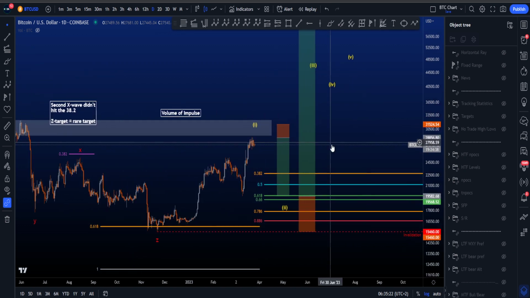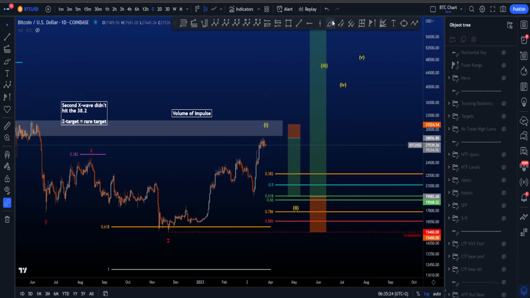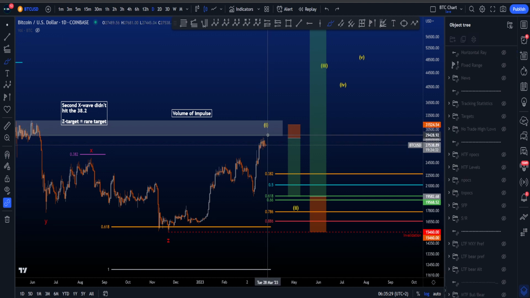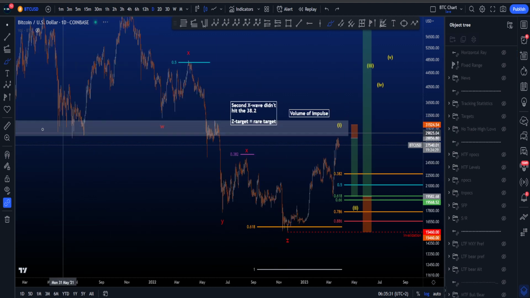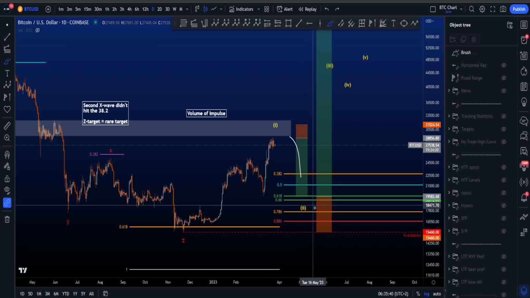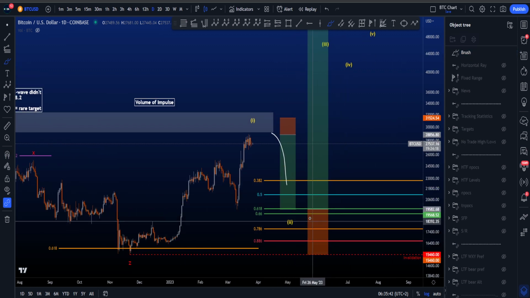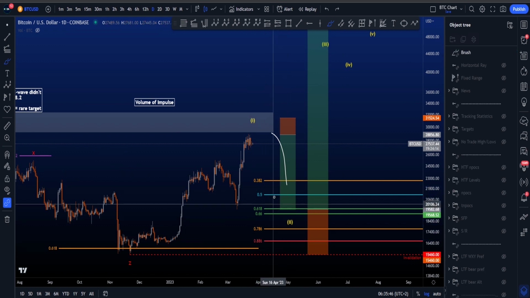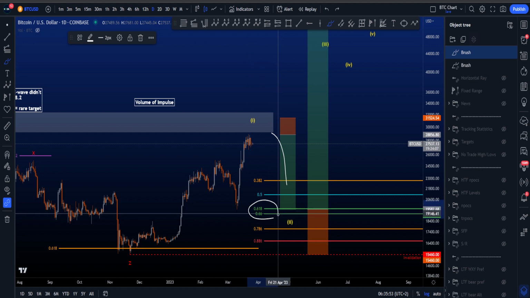In this scenario, wave 1 is about to finish. Over here might be finished or is about to finish. We're very close at least to then the end of this wave 1. Some nice support resistance over here as mentioned before. And with this wave 1 we would then be looking for potential downside in a wave 2. Now if we look at the targets then for a wave 2, the most common targets are the 0.5 to the 0.786 fibs, which is basically from 21.1k to 17.6k, but